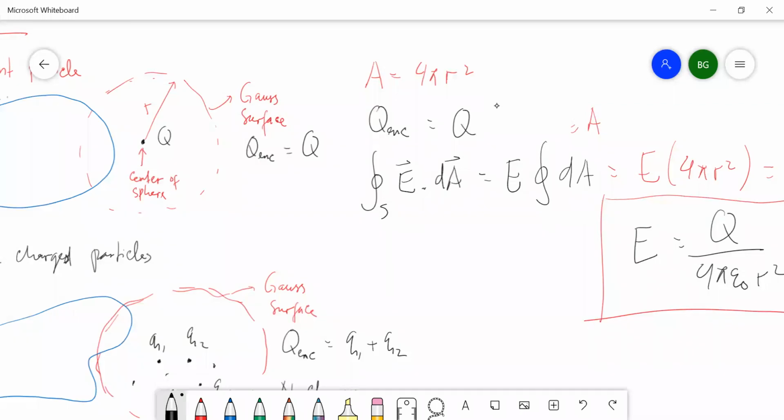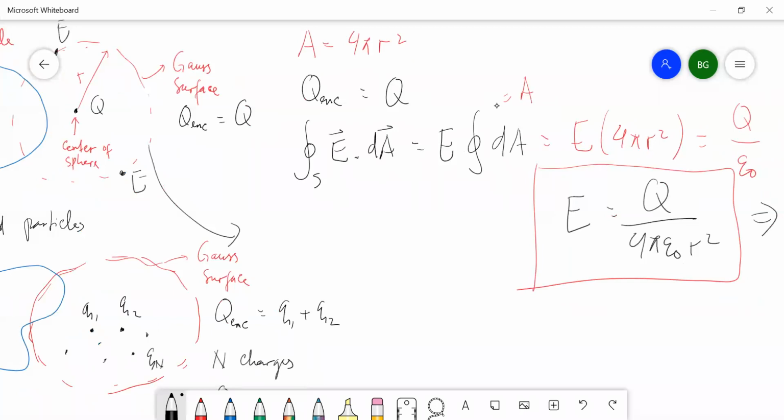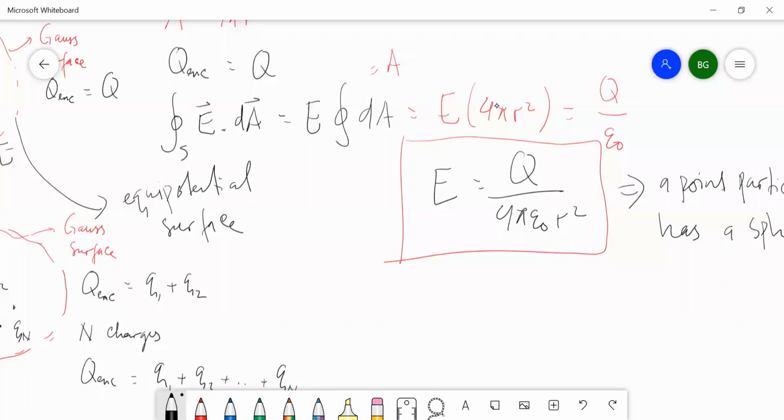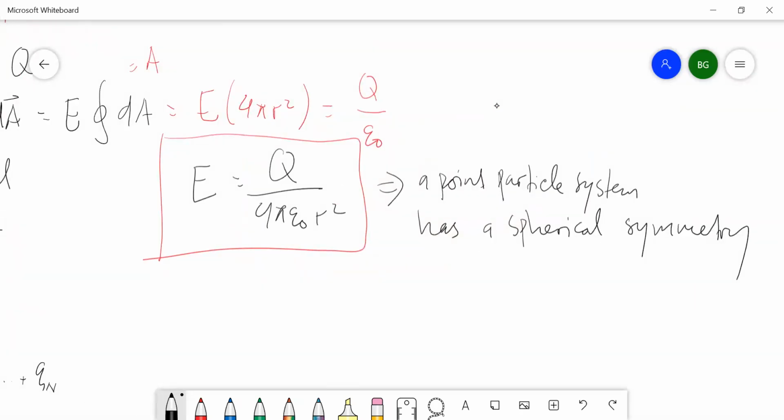So if, for example, in this one, E here is exactly the same as the E in here. So this surface has, we call it, let's say equipotential. We'll discuss later what potential is. Equipotential. So a point particle system has a spherical symmetry. So it means that